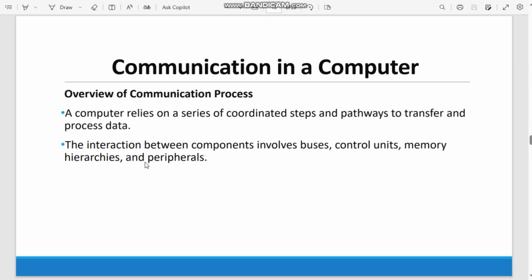By explaining all of these things, I think we've covered most of what we need for communication in a computer system. A computer relies on a series of coordinated steps and pathways to transfer processes and data. The interaction between computers involves buses, control units, memory hierarchies, and peripherals. So I'm going to explain this